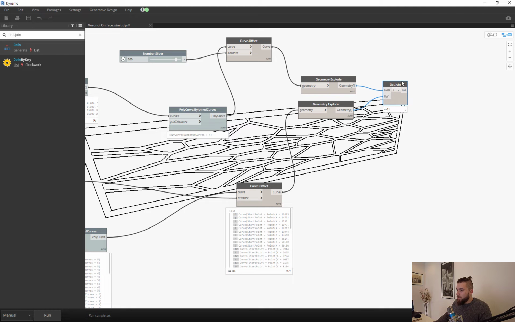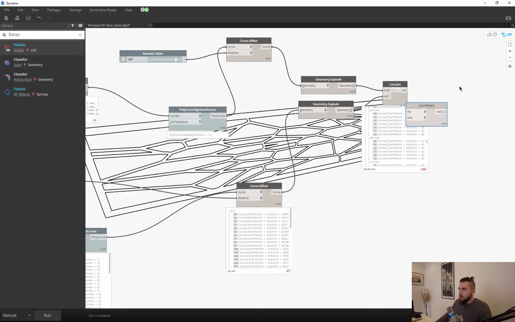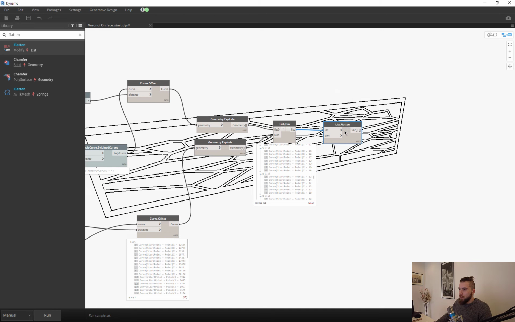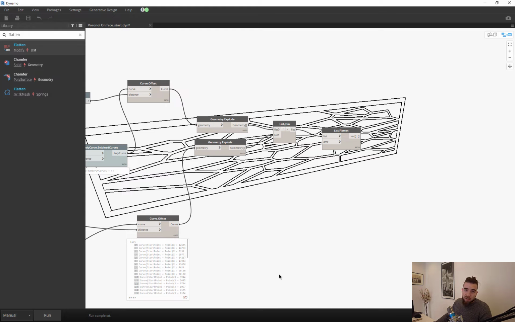And now we have all of these curves joined when I run this in a list. And what I want to do with this list is flatten it. Now this is going to work for one wall only. But imagine we have a list of these for each wall that we want to create. So we have many curves here. This might fail in Revit, but